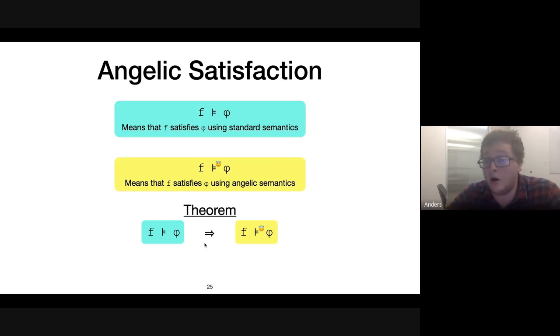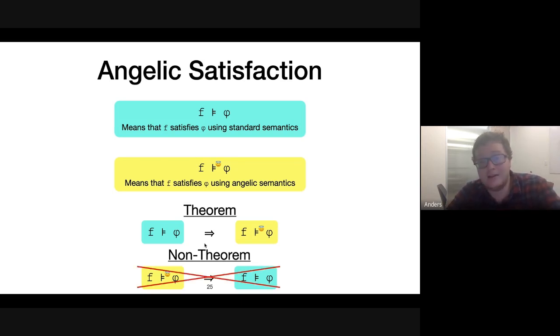So we are complete: in this bottom-up procedure, we generate everything that does satisfy. But unfortunately, we have a non-theorem: if we angelically satisfy, that does not necessarily imply that we standard satisfy. That means this algorithm is not sound. We might be generating spurious programs.